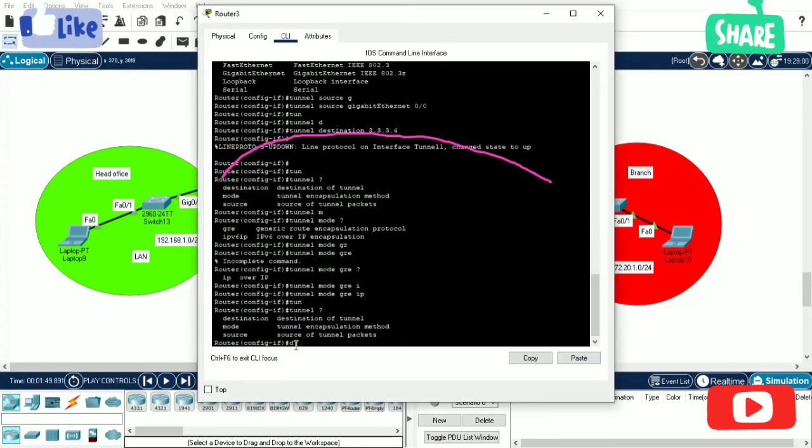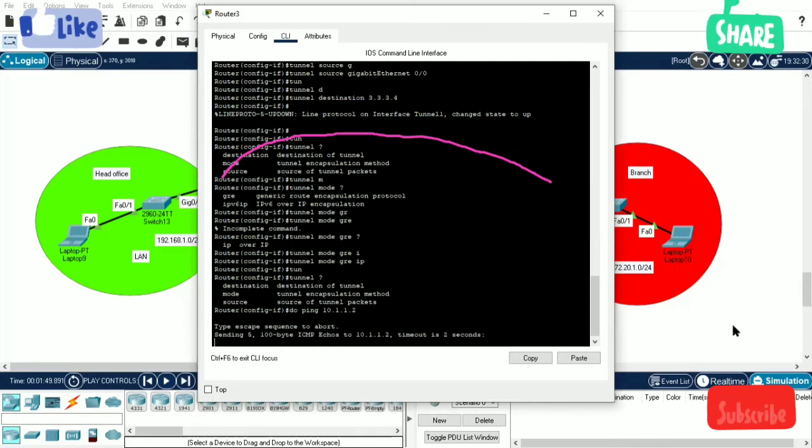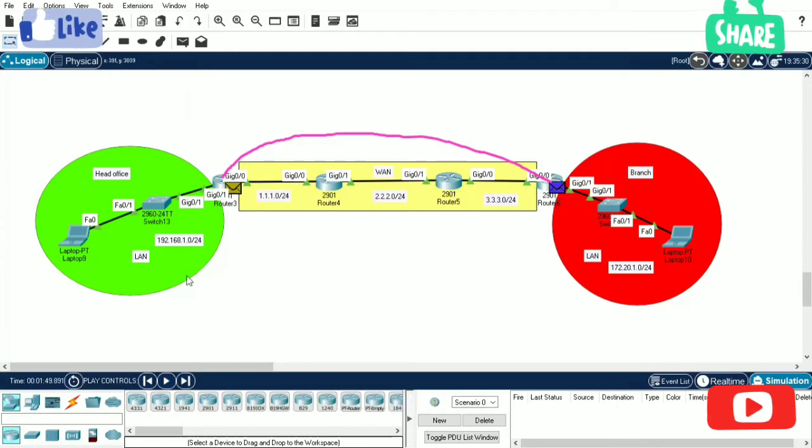What I'm going to do here is ping 1.1.2, ICMP. Here you can see the default route. They are able to ping each other. Here no loop is created. For our scenario, I just simply used a default route for simplicity, but I suggest you go with a static or dynamic route.